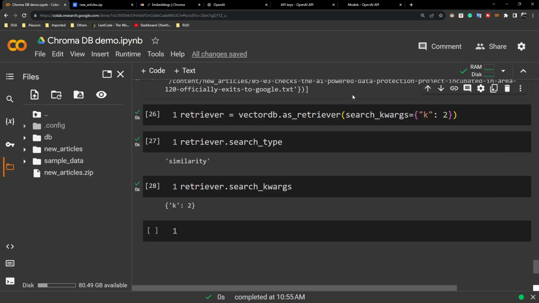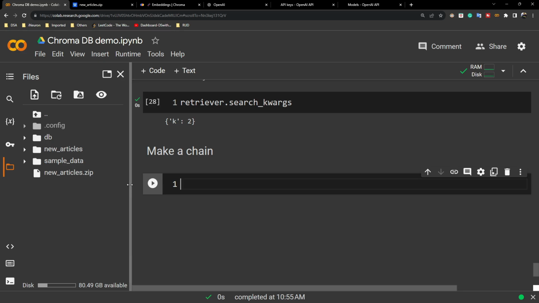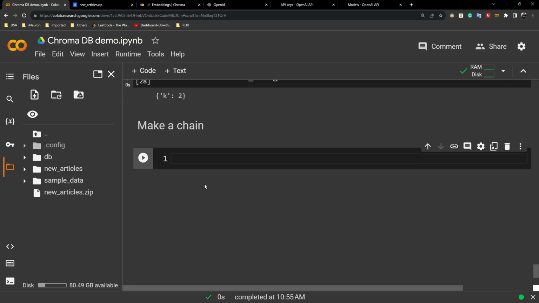Now to do it, first of all, I need to make one chain. Let me just comment it out. I think you know what a chain is in LangChain. I'm not going to explain it because I think you already learned about chains in LangChain, and why we use them. So first of all, I need to import something called the retrieval QA chain. I'll write from langchain.chains import